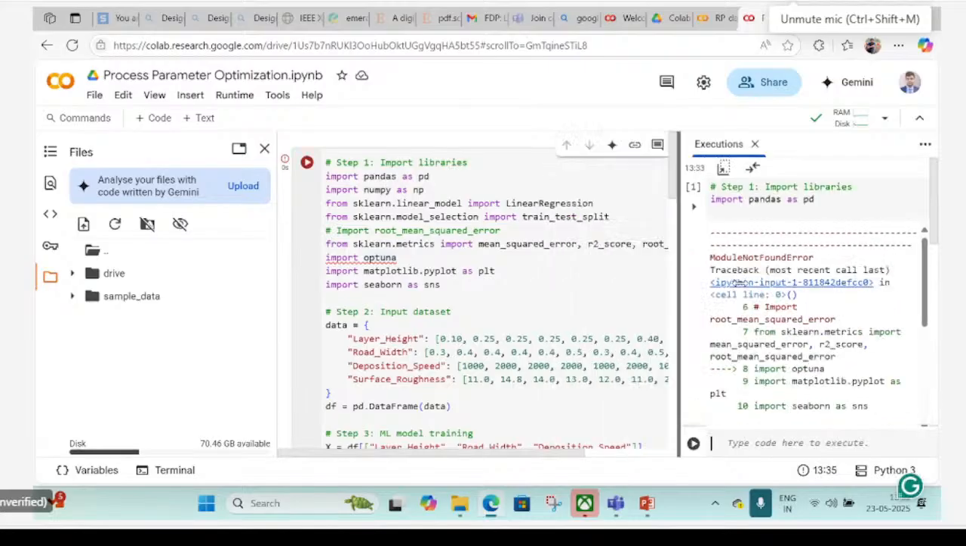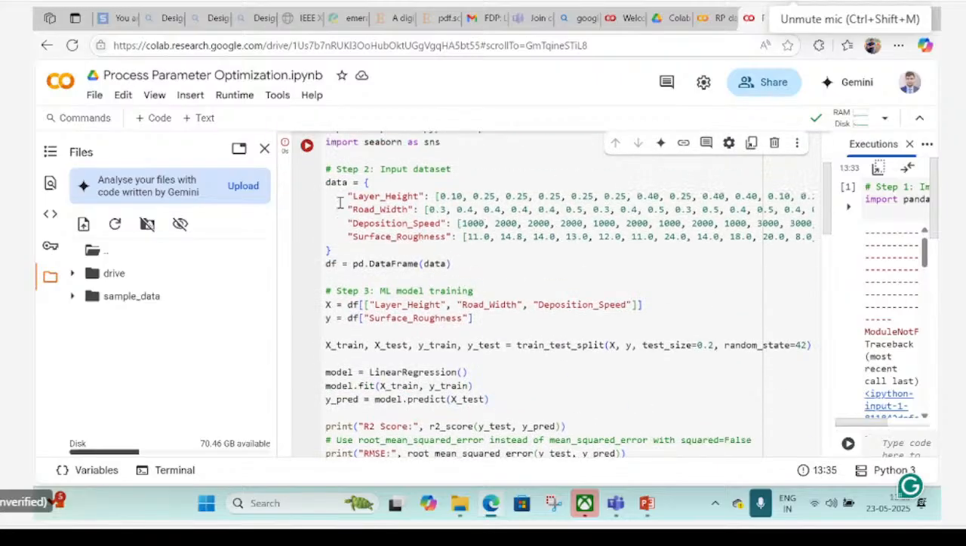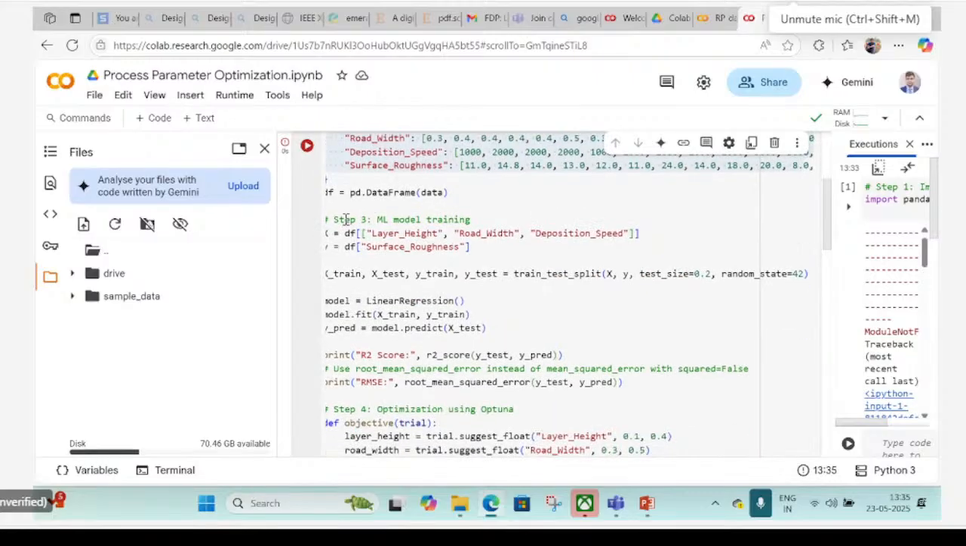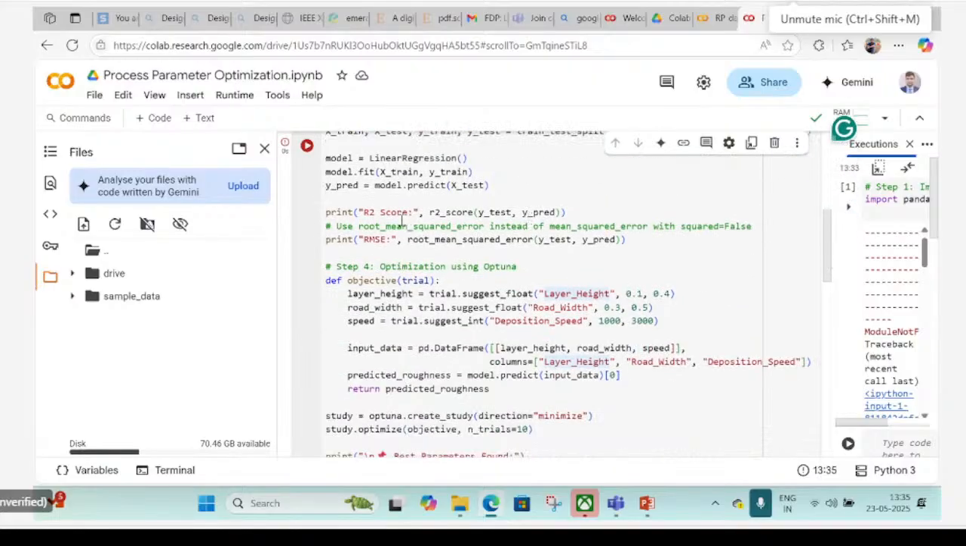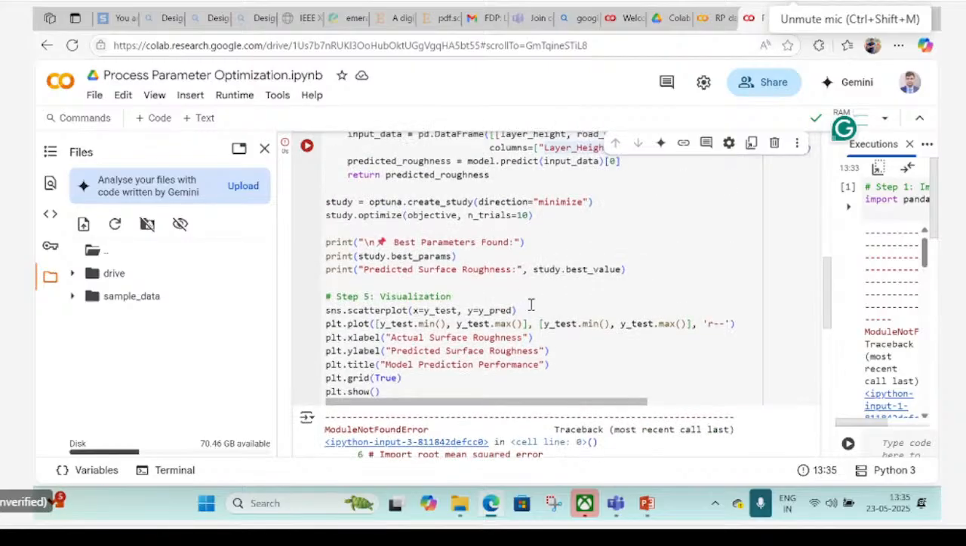And I will just explain this code to you, right? So I have trained my model using this data set, considering these values: layer height, road width, and deposition speed. And after training, I have made a predicted model, where, once I run this program,